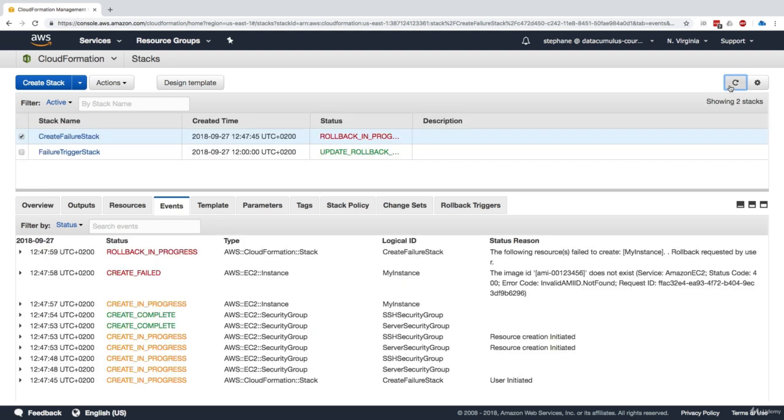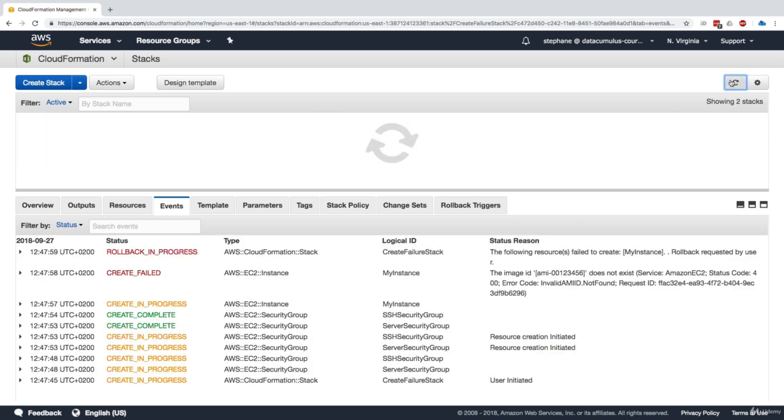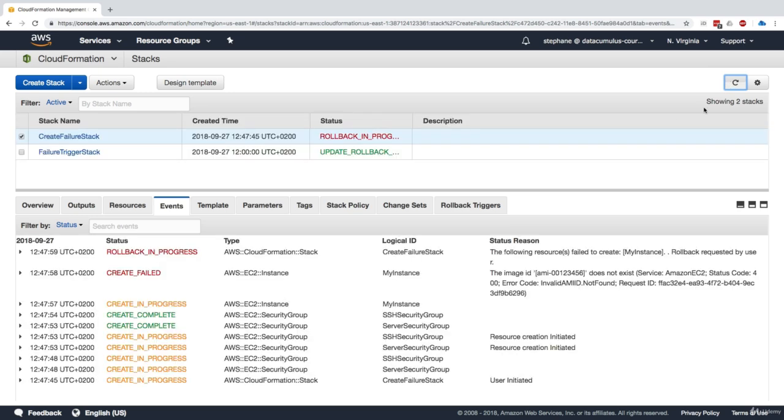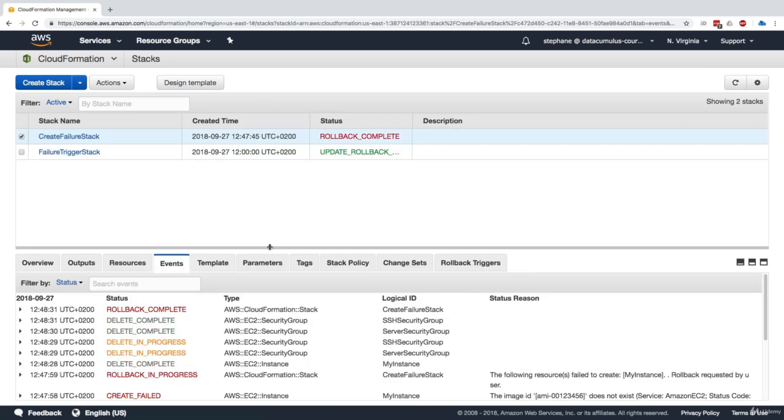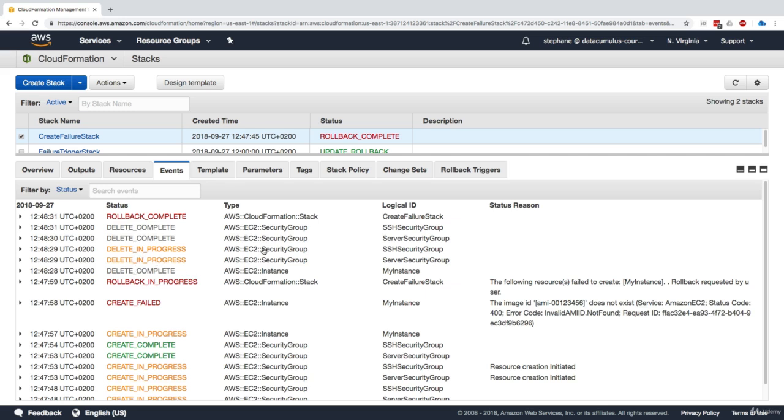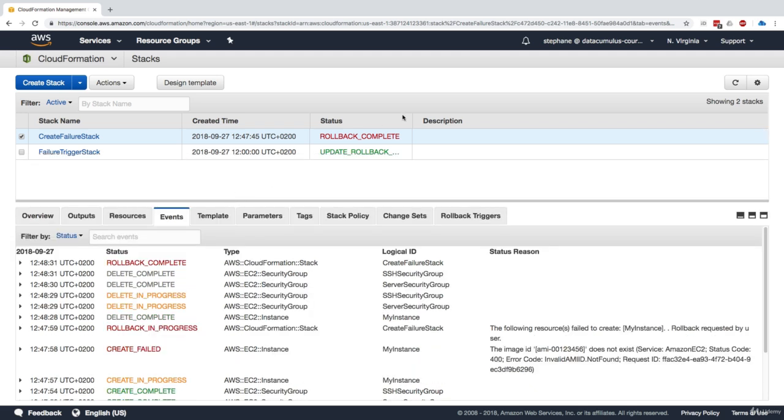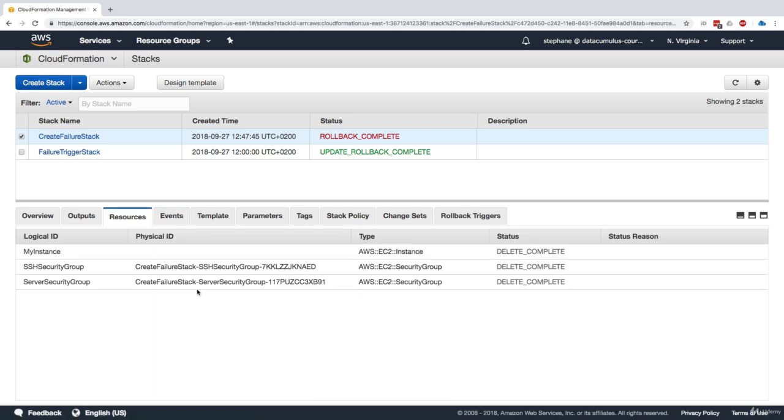The rollback is in progress, and after the rollback, all the security groups will be deleted. Let's just wait for a little bit. And here we have the rollback complete. As we can see, the security groups that were created before got deleted because the EC2 instance create failed. Now if we look at it, the status is that the rollback is complete. I can still look at my log to understand what happened and debug, but in terms of resources, nothing was created, everything was deleted, so I cannot troubleshoot into it. To do the troubleshooting, you have to change that option for rollback.